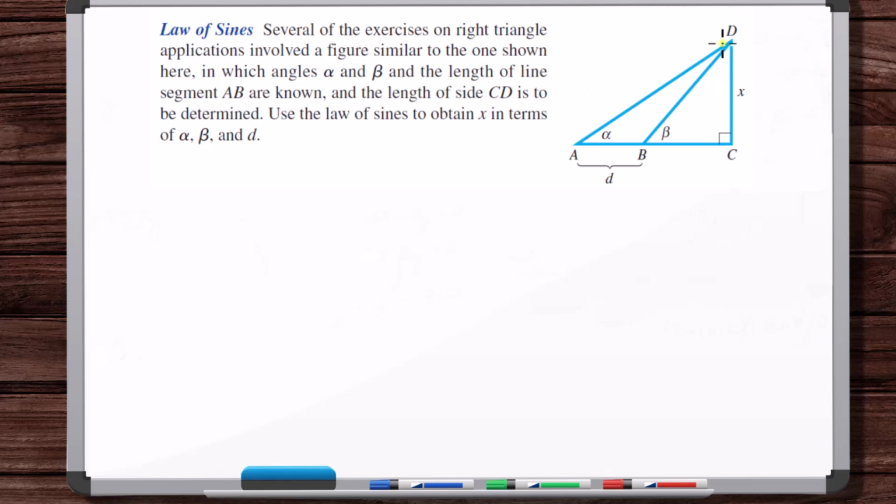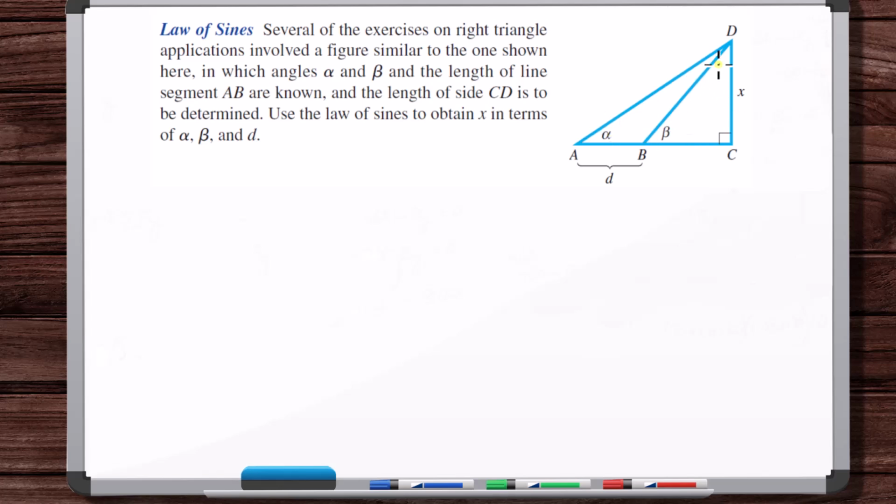Okay, so let's use some notation here. Angle D is this entire angle. Angle B is this entire angle, and angle A is just alpha. So, with that,